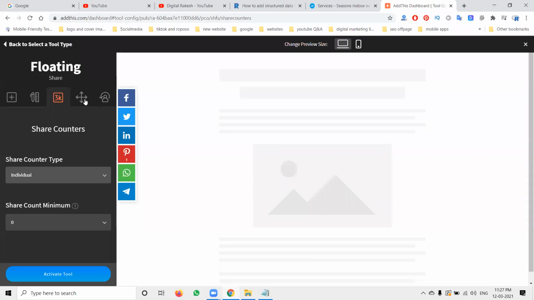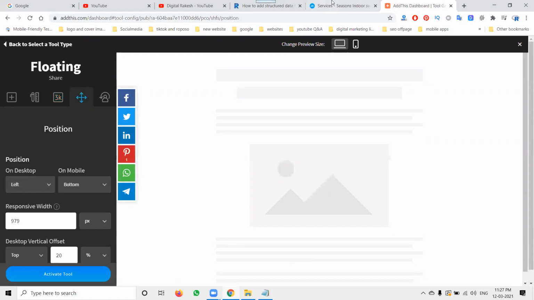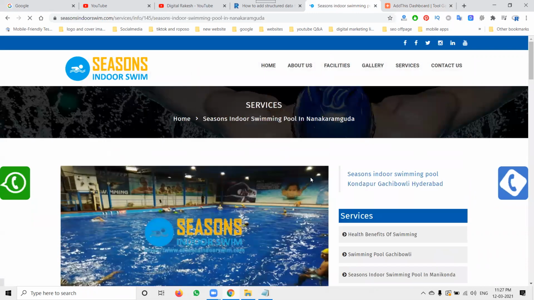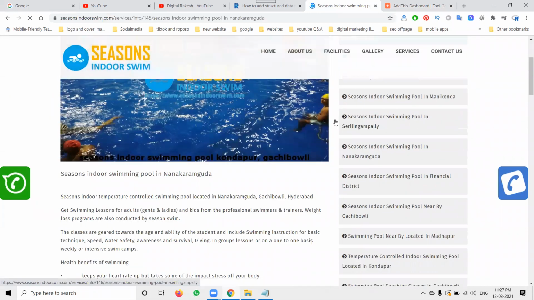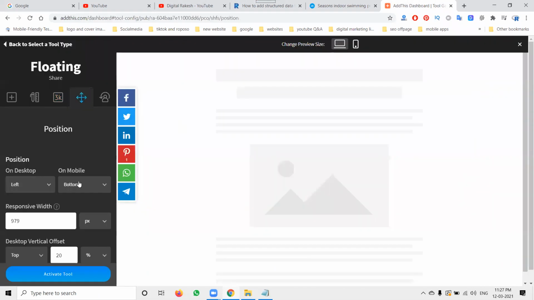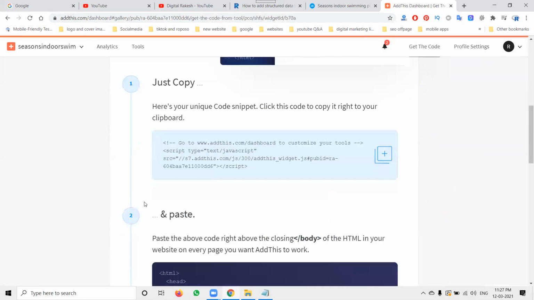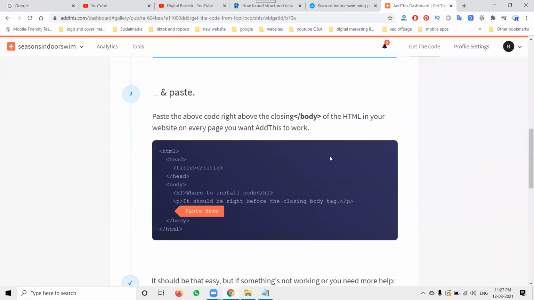These are all the options and where you can show them. Most of the content will be shared by the left side, right side, any option will be visible. When content is there, we have to add the content in these options. Now, okay, top 20%. Anything can be given. Click to activate the tool. After that, you receive one code here. This code you can place in your header part.